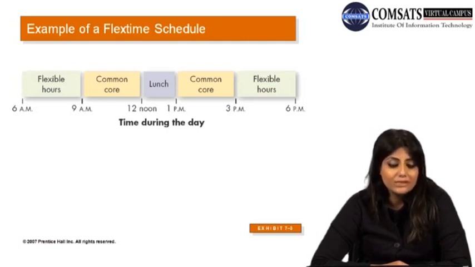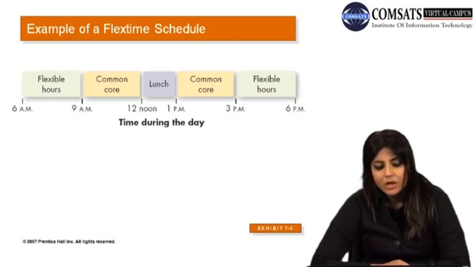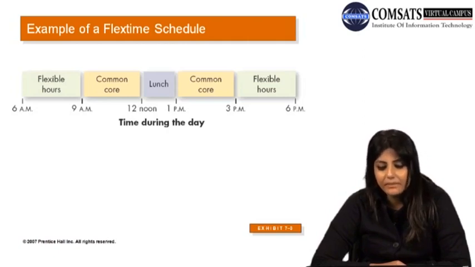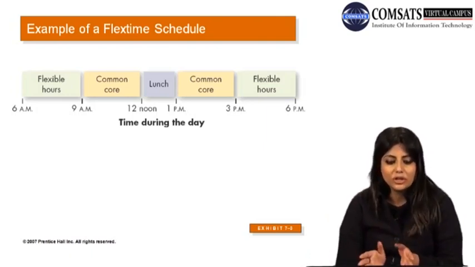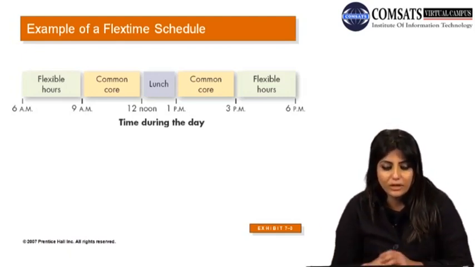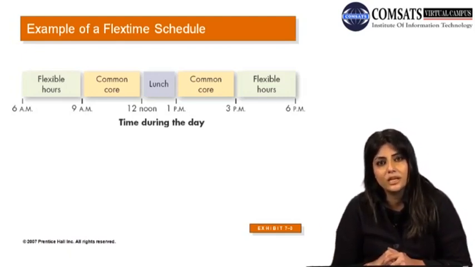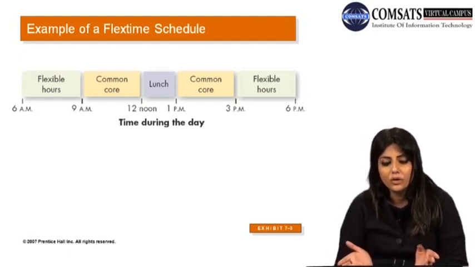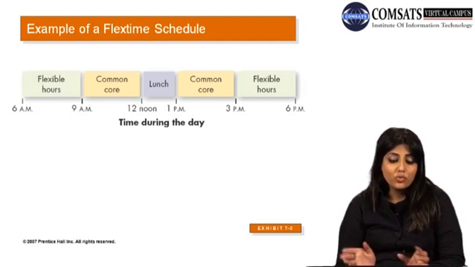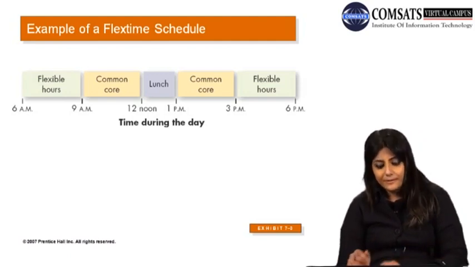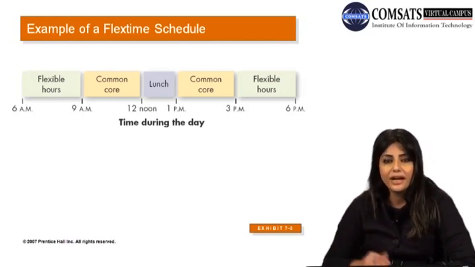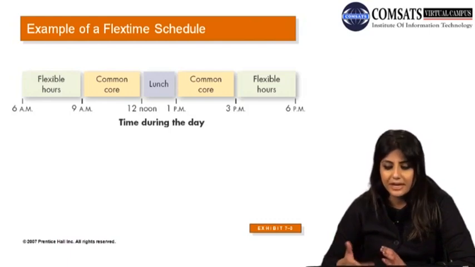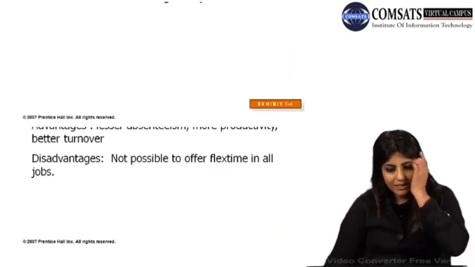But the organization or the office opens at 6 a.m. and runs till 6 p.m. So the first 3 hours from 6 to 9 a.m. and the last 3 hours from 3 to 6 p.m. are the flexible times that the individual has. In between this core time, the individual has to be there in the organization, but those two extreme end boxes are the flexible times. So he has to make a total of 8 hours of work, so he has the flexibility of 2 hours at both ends, right? Either he can start at 6 a.m. and end at 3, he can start at 7 and end at 4, and start at 8 and end at 5, and so on, right? So he has this flexibility.